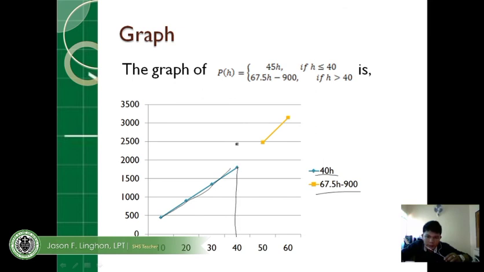So dito, makikita na less than 2,000 yung sweldo mo kapag hindi ka umabot or 40 below lang yung iyong oras sa trabaho. Pero kapag lumagpas ka sa 40 above, from here papunta dito. Okay, depende sa oras na nilaan mo sa